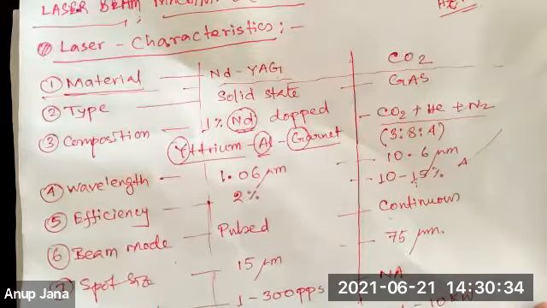And in today's class, we are going to finish this LBM part. And with this we'll finish our fourth unit also, and from tomorrow we are going to start the fifth unit, where we are going to deal with plasma arc machining. That is another interesting chapter, plasma arc machining. We will study from tomorrow.